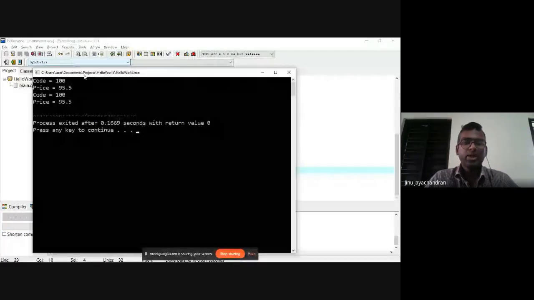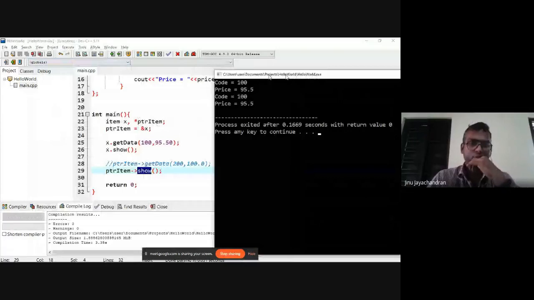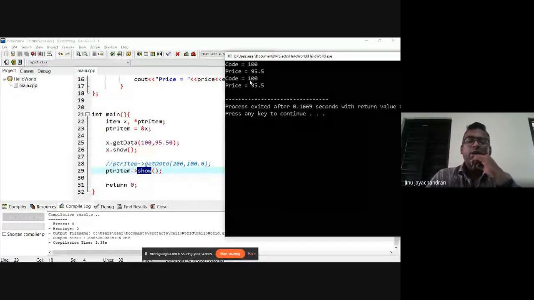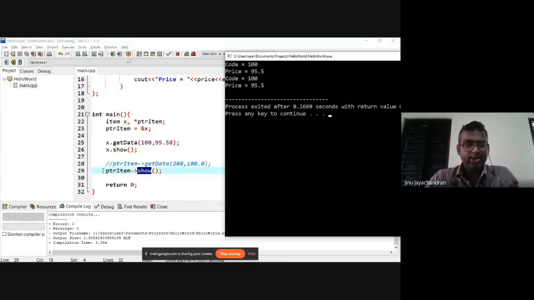You see that it has printed the same value twice. So what does it mean? The first one, where code is 100 and price is 95.5, is printed by x dot show, line number 26. The next one is from line number 29, where you have accessed the original object x using the pointer ptr item.